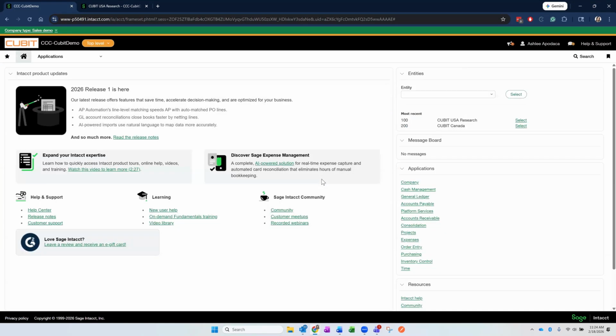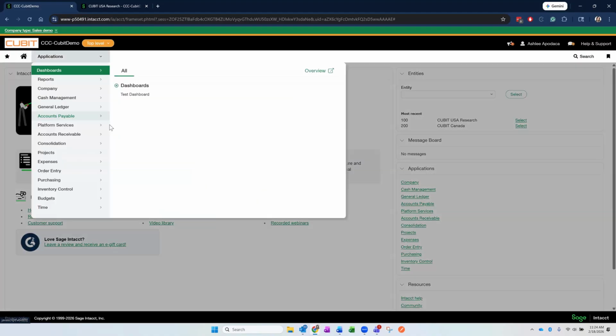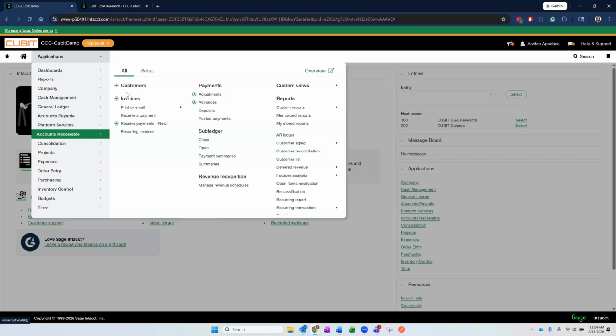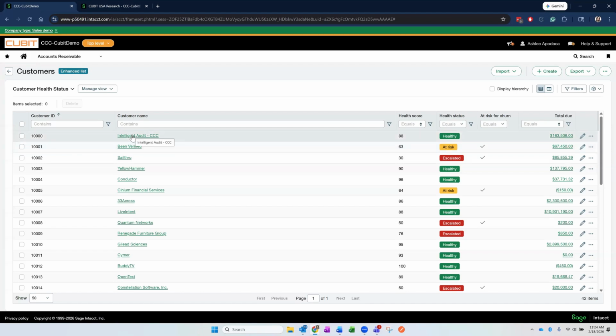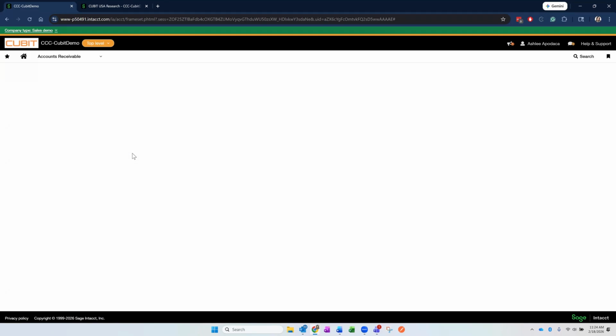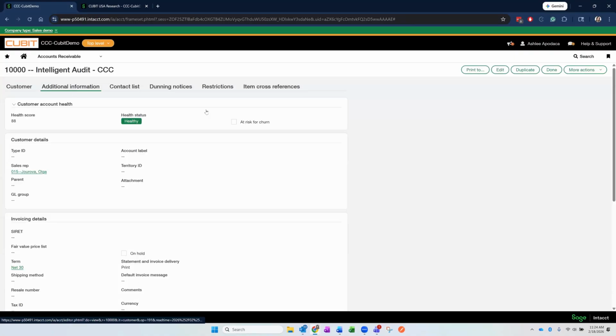Now I'm going to move over to accounts receivable for a new feature called Customer Health Insights. And so this enhancement introduces three new fields on the customer record, giving finance teams a consistent way to store and track customer health data, whether it comes from your CRM, any internal processes, or external systems. So if I go ahead and navigate to accounts receivable and customers,